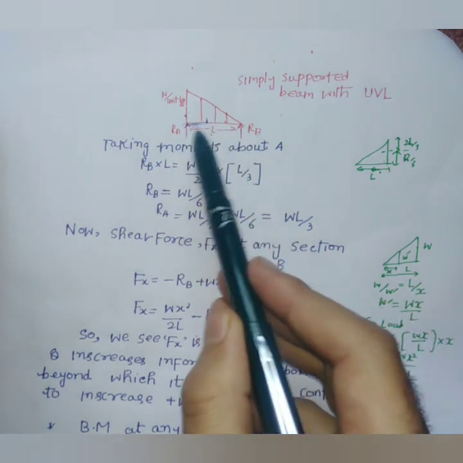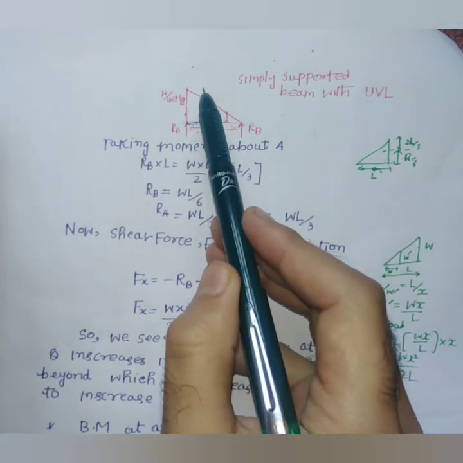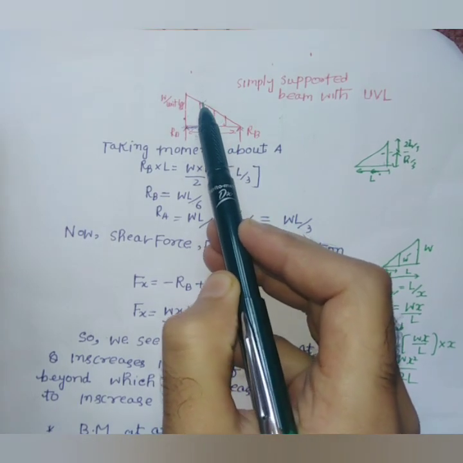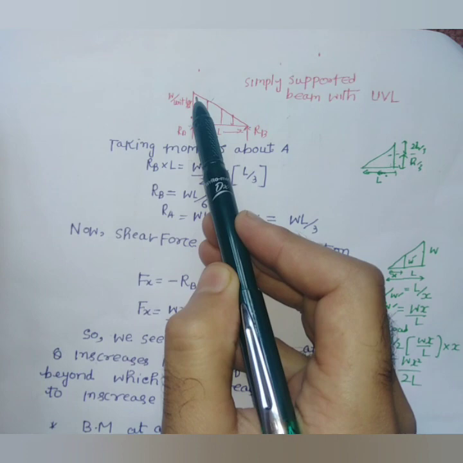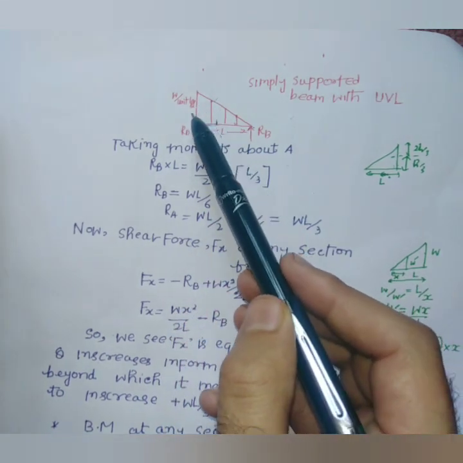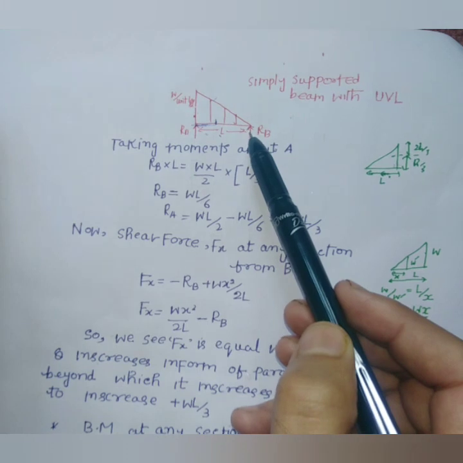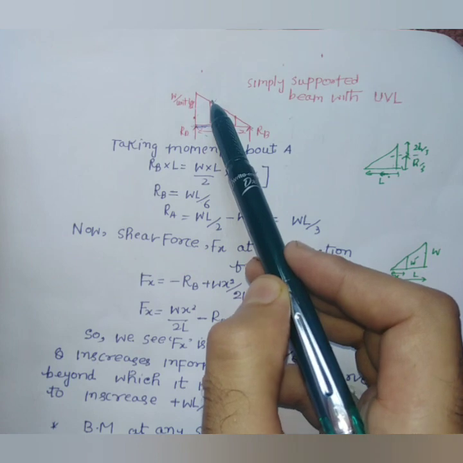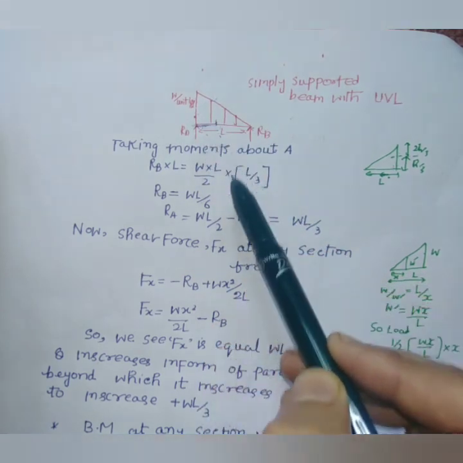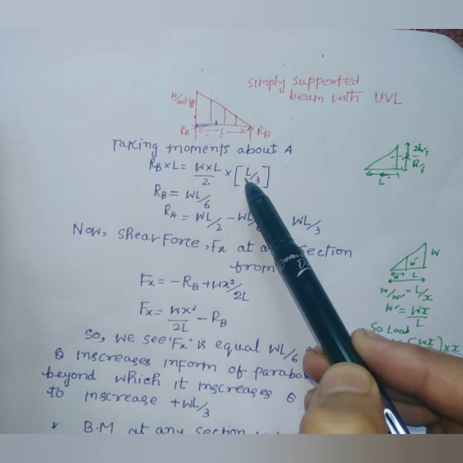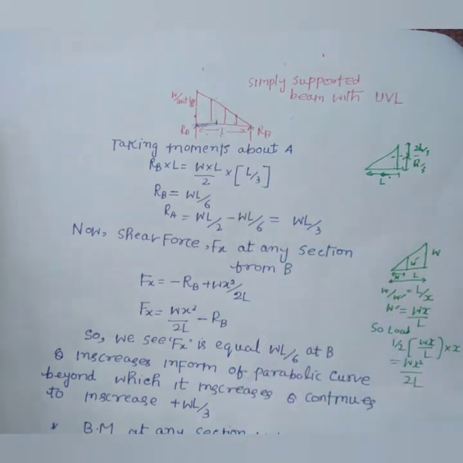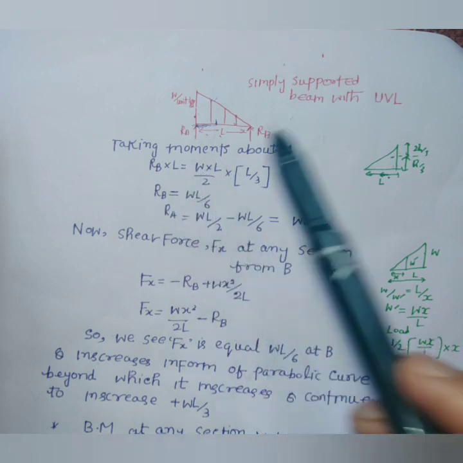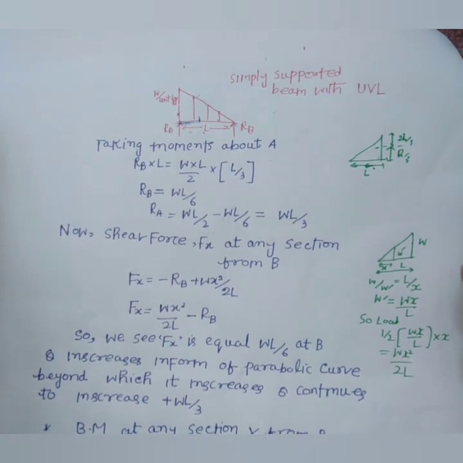Now here is the length L. The load is coming from top, so this will act at a centroid. The centroid will be from support A at a distance of L divided by 3, and from top it will be 2L/3. Now we are calculating moment about point A. Now this load multiplied by L divided by 3 will be the moment due to the triangular portion. Hope you have got this. Now from this equation we will get reaction RB, the reaction at support B.